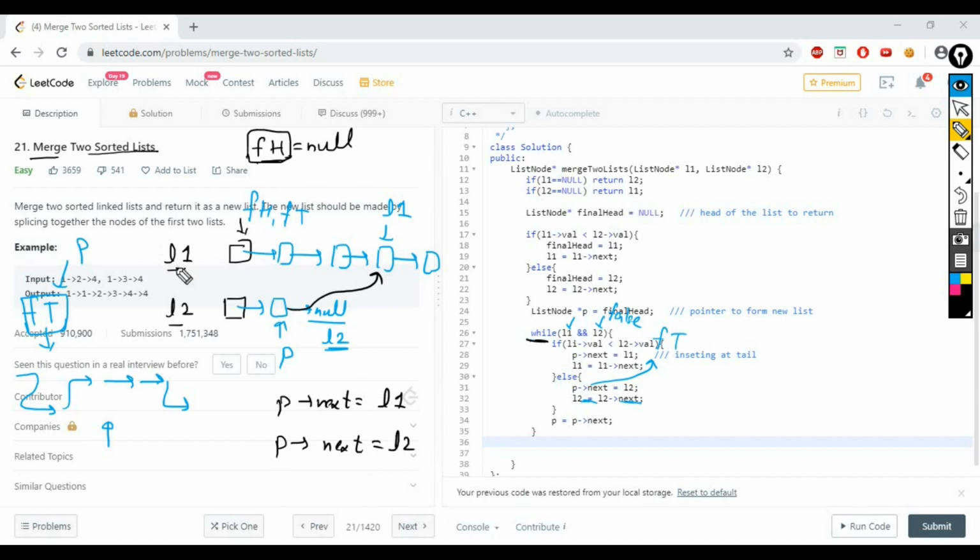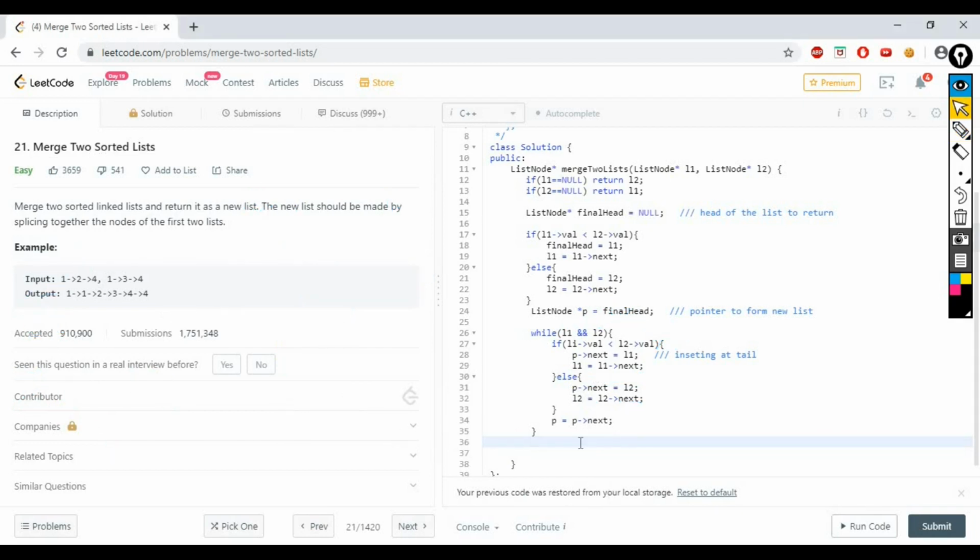Okay, so this is the case when linked list 1 reaches null, and this is the case when linked list 2 becomes null, and this is the case when linked list 1 becomes null. Okay, so let's do that. So you can write here, if linked list 1 exists, that means linked list 2 becomes null.